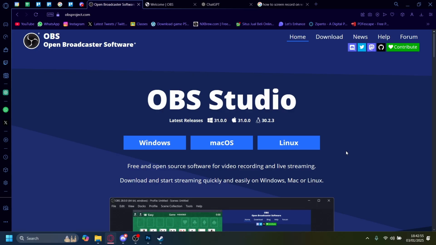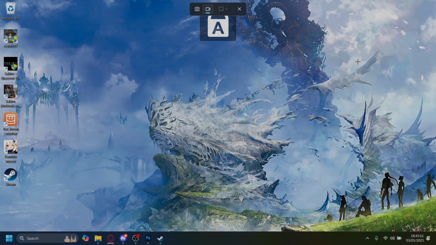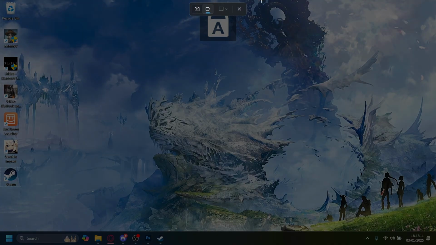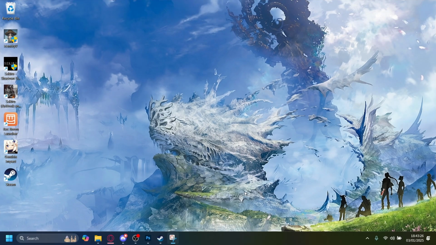Although, if you're looking for something that's already available in Windows 11 and you don't want to go through the hassle of downloading a software, there is also a method that's built into Windows itself. So the thing you can do is press Windows Shift plus R, and there's something called the Snipping Tool here, right? And if you go to this section called record and you highlight your screen or the area you want to record here, and then you can click on start here, you'll see that after a countdown, it'll begin screen recording